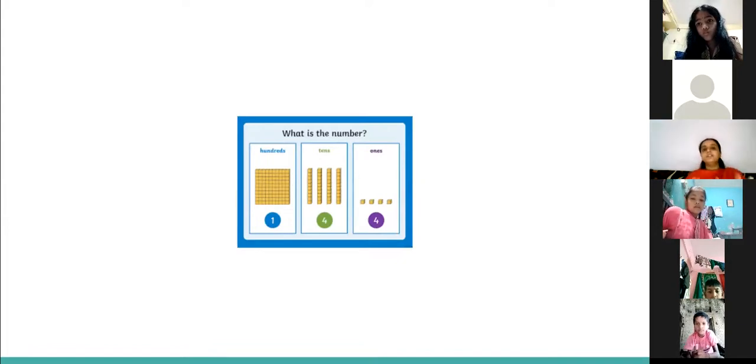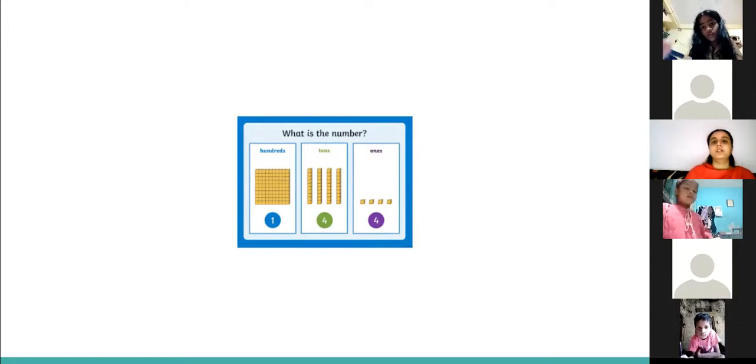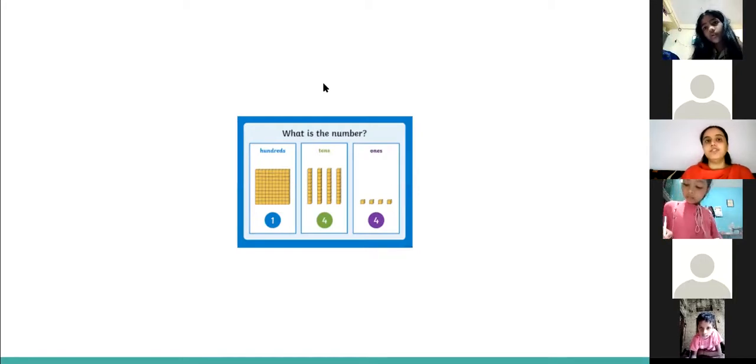Okay, so children, you can see here we have blocks. This is how we draw beads, right? We can also. Okay, children, the meeting might get over after 10 minutes. Then, if time remains, we will join again.